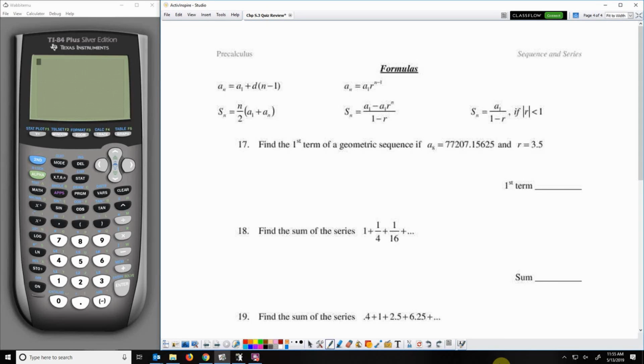All right, now we will move on to the final page of our review. Find the first term of a geometric sequence. So this does not say sum, so that eliminates the bottom row. First term, and it is geometric, so it's got to be this formula right here. So A sub 8 is